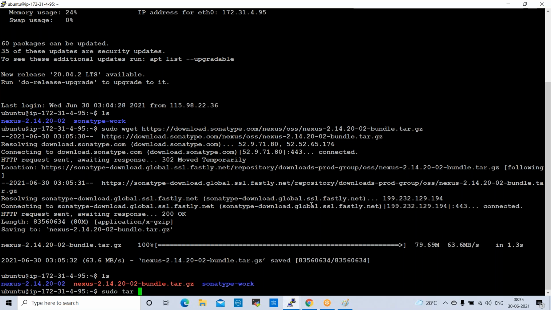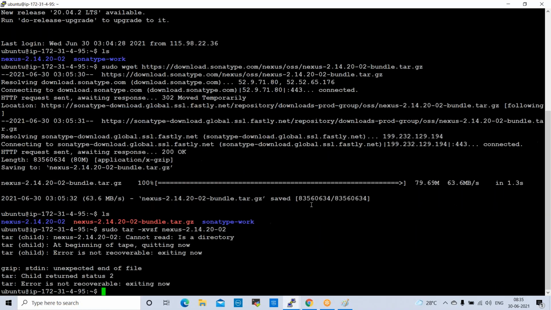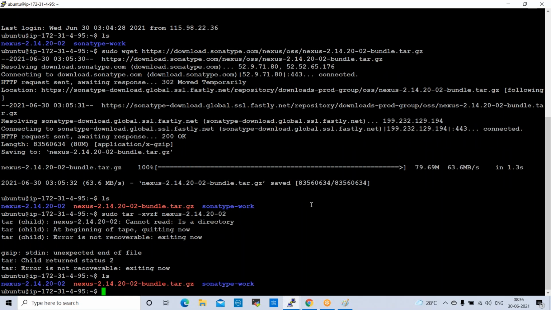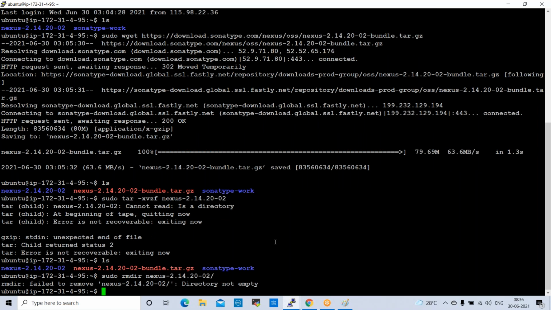Sudo tar -xvzf nexus. Okay. Sudo rmdir nexus. Failed to remove, because they have files, right? -f we can use here.